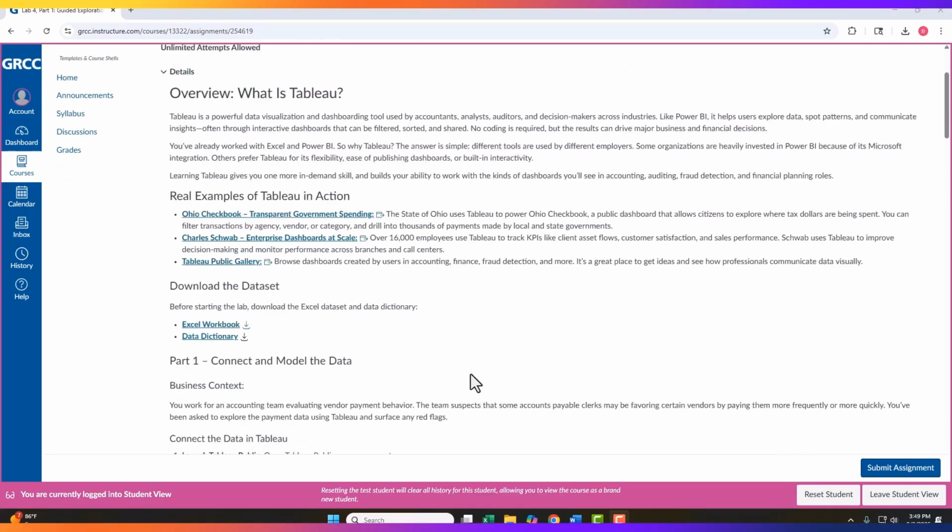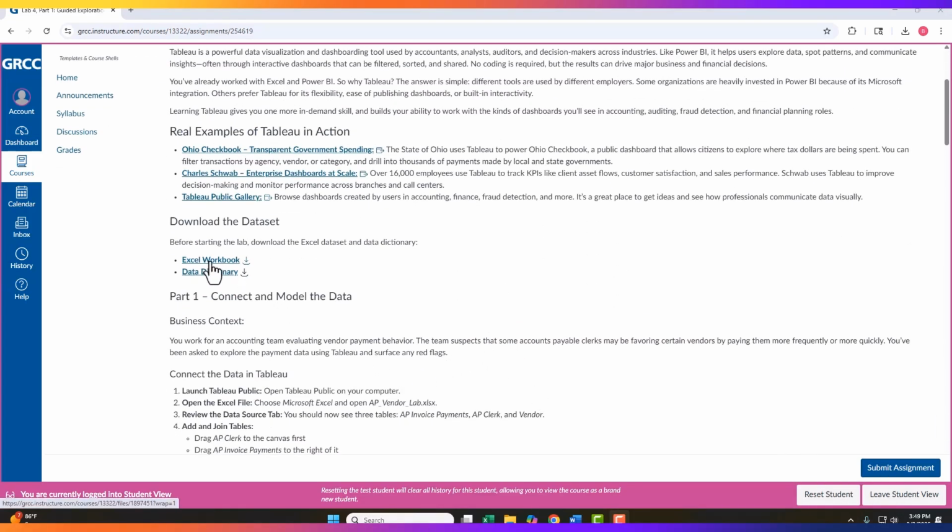So if I scroll down the page here, you can see that I've provided the Excel workbook that we're going to connect to Tableau, as well as a data dictionary. So I'm going to click on these arrows to download both of those files, and then I'm going to launch Tableau. But before I launch Tableau, I do want to mention that if you go to the Home tab of